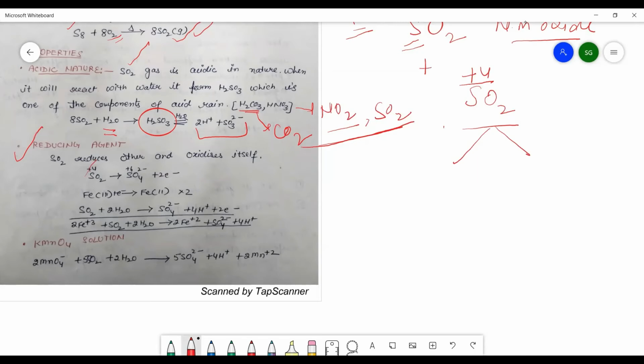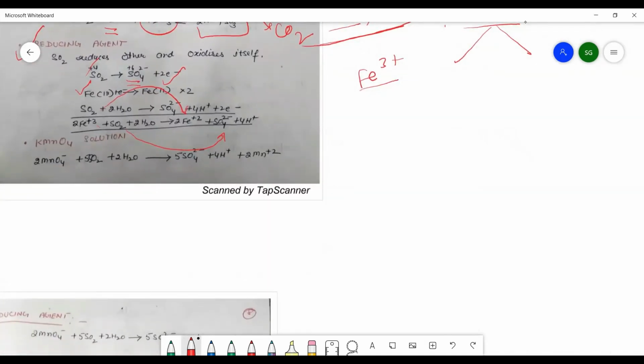Now SO2 can be oxidized itself into SO4 2 negative, in which the sulfur in the +4 oxidation state is converted into sulfur in +6 oxidation state. So whenever it reacts with the iron 3 salt, Fe3 plus will be converted into Fe2 plus, and you can easily see that there is an oxidation of the SO2 and there is a reduction of Fe3 plus, so that we can say that SO2 behaves as a reducing agent here, because it will reduce the